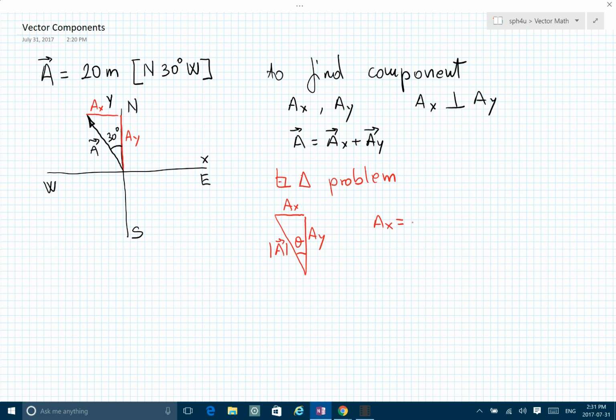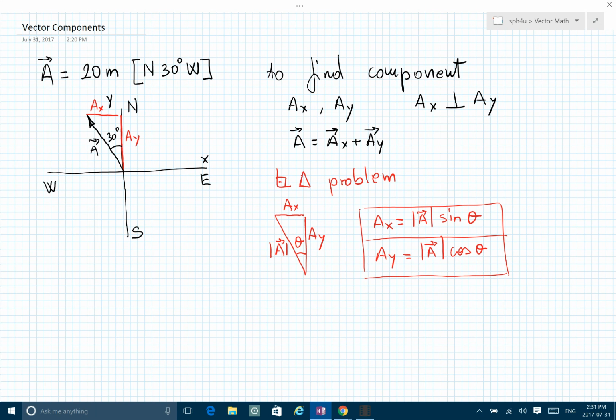So what do we say? Well, AX is equal to its opposite, so it's the hypotenuse times the sine of the angle theta, and AY is, again, hypotenuse, but in this case adjacent, so cosine of the angle theta. All right, so that's how we